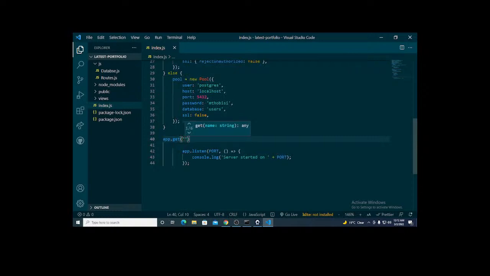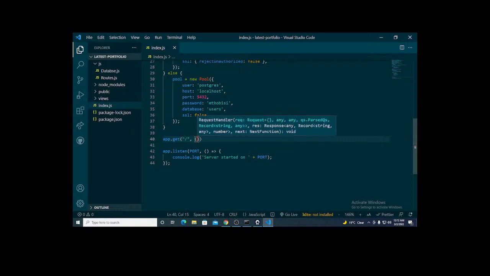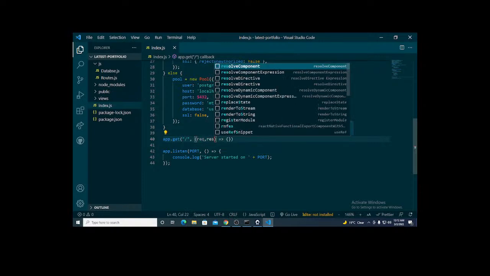But just to not complicate things, I'm just gonna make a home route, app.get, and then I'm just sorry about that. I need to have quotes. You can use single quotes or double quotes, and then a slash, and then I'm just gonna use an arrow function. So this accepts a callback function so that it can work, and then it accepts parameters for request, and then the response, and then the request